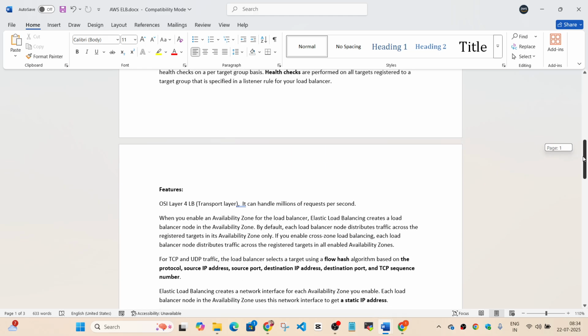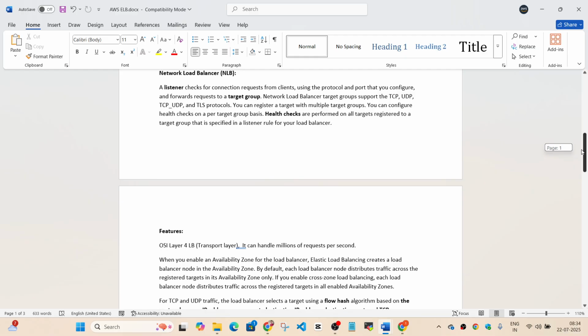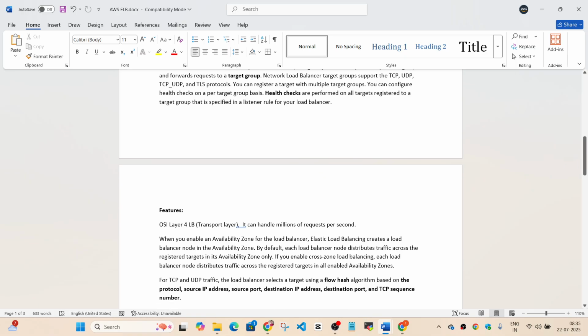Okay. One thing, if you are asked, or given a choice, that if you want to handle millions of requests per second, which load balancer should you use? It should be NLB. Your choice should be NLB. NLBs are faster. It's able to handle millions of requests because above layer 4, it does not process any information. So that's why it is faster than ALB. With ALB, you're using layer 7, so it's going to do a lot of processing of data. But if you have a requirement where you have to handle millions of requests per second, in that case, just go for NLB.